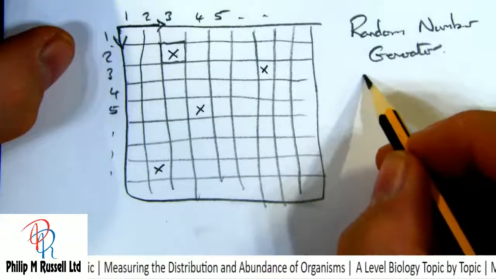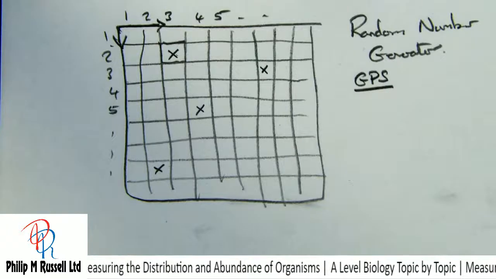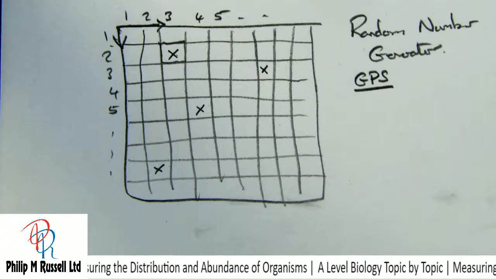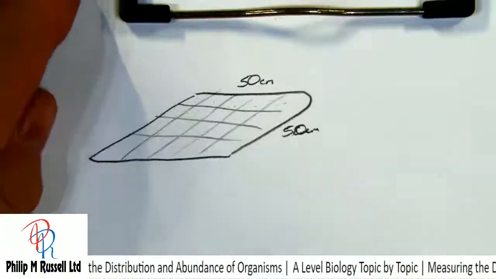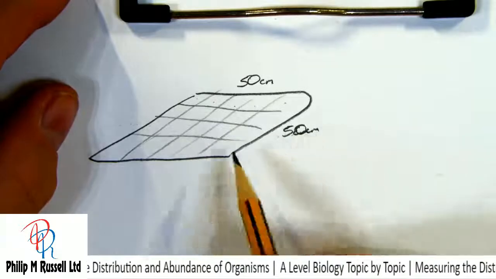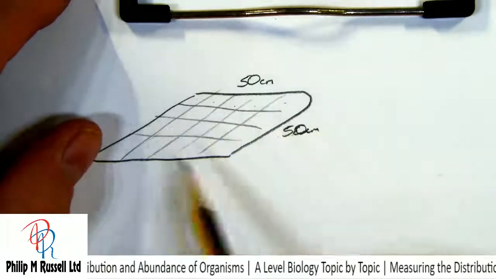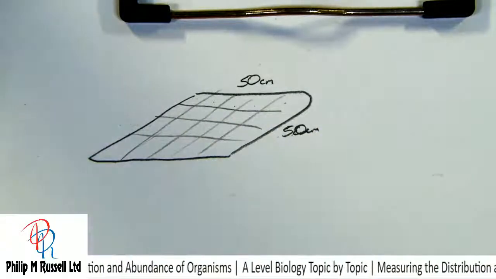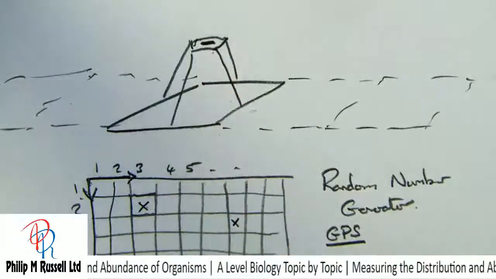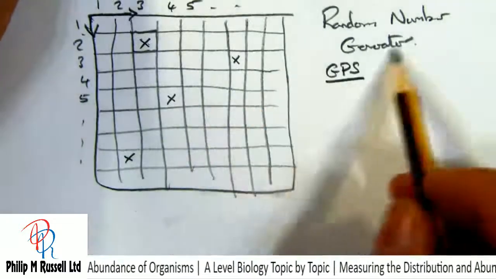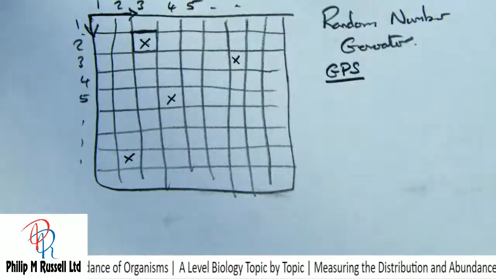What can help a lot nowadays is simply using a GPS. When I started doing biology, we used the very simple sort of quadrat. We put this one down, we walked around and we tried to guesstimate where we placed it. We did measure things as best we could. But nowadays, by using a camera on one of these and taking random number generators, we can position the GPS here, and that works